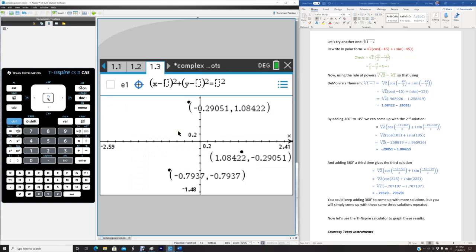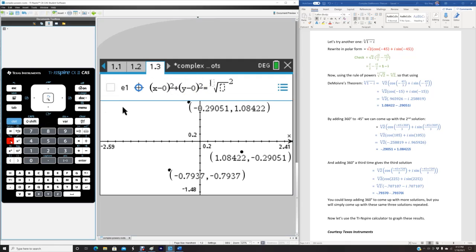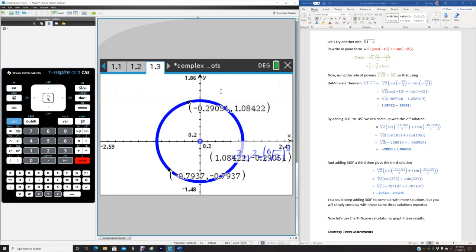Since this circle is going to be at the origin, it'll be x minus 0, y minus 0, and here we're going to use our calculator's Control caret key, and put 6 for the sixth root, and then 2. Enter. And you'll see that all three solutions are on the sixth root of 2 circle,